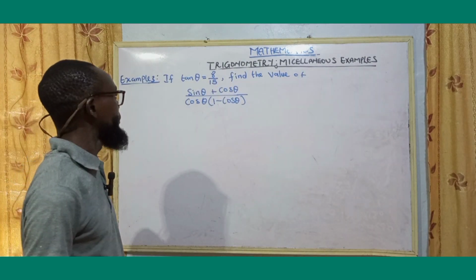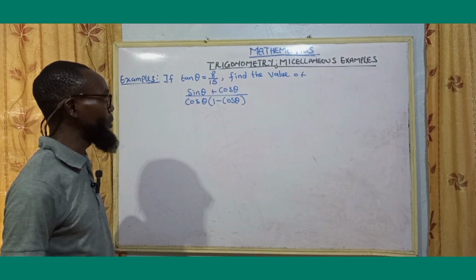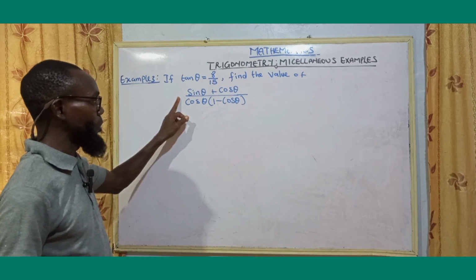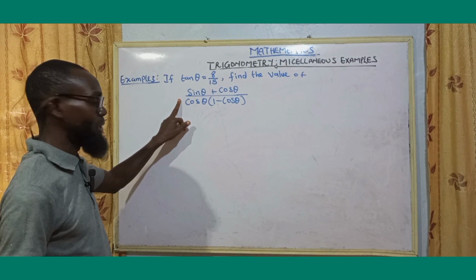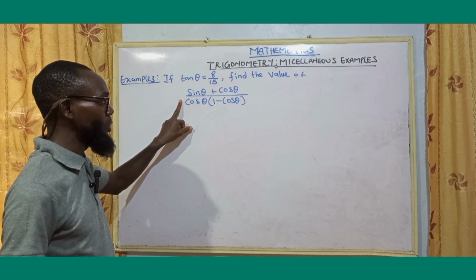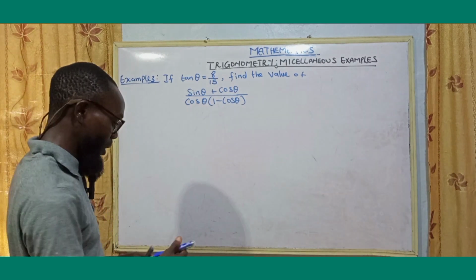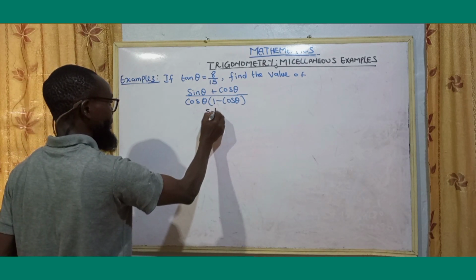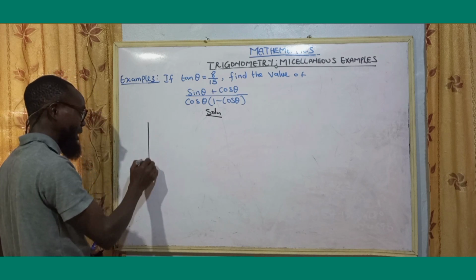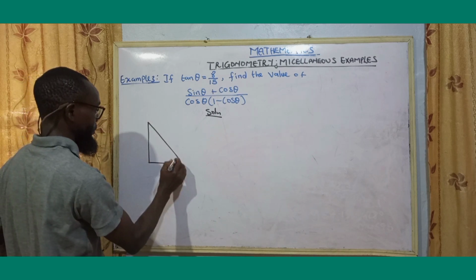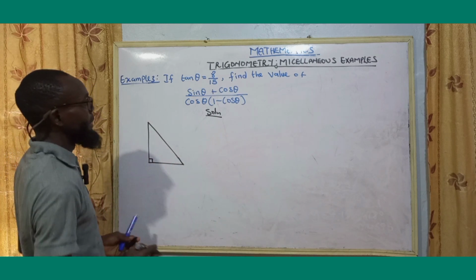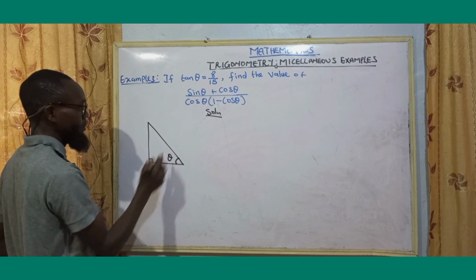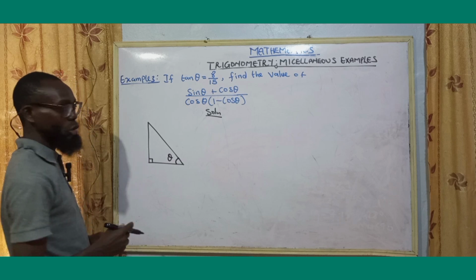Example 3. If tan theta is equal to 8 over 15, find the value of sine theta plus cos theta divided by cos theta, open bracket, 1 minus cos theta, close bracket. So, from what we did in the first and second examples, let us have our right angle triangle this way. Then let's say this is our angle theta. And from your SOHCAHTOA,